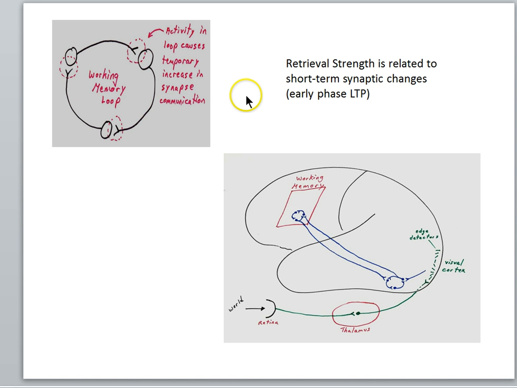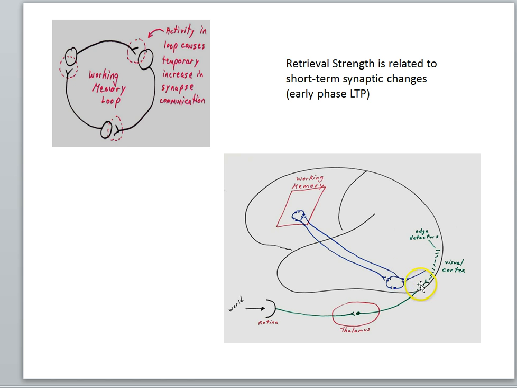Okay, so now let's try to understand Bjork's two concepts, retrieval strength and storage strength, in terms of some of the biology we've been learning. And we've just been learning about working memory. If we take a look down here at this brain here, we can think of working memory as loops of neural activity. So if I'm imagining maybe a pizza or something, I've got my eyes closed, I'm imagining that, and the idea is that there are neural circuits in the frontal lobes and neural circuits in the visual system here, and there is